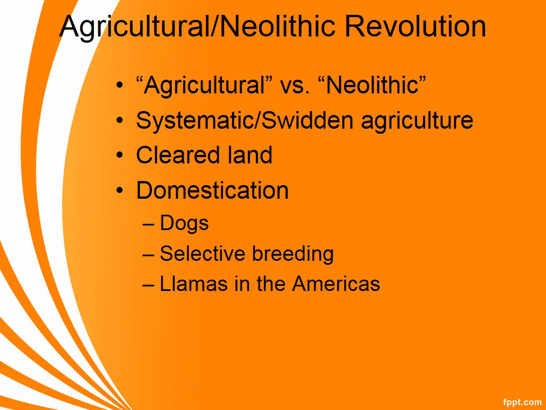In the Americas, they don't really do this. There's not really a lot of domesticated animals in the Americas for our early people, simply because a lot of the animals in these areas are difficult to domesticate. If you want to figure out how to domesticate a panther, more power to you, but it's going to be difficult. So the idea is trying to find some type of docile animal to domesticate, and the only thing that they could really do is the llamas. And the llamas were only domesticated really in the Peruvian areas. So people like the Mexica or the Mayans really did not domesticate animals.